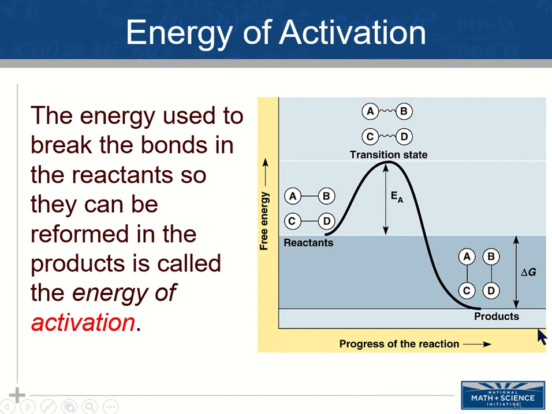Energy of activation. Remember these charts from when we looked at the thermodynamics unit. The energy can be used to break the bonds in the reaction so they can form the products. This energy, this hill, as you recall, is the energy of activation. I didn't show you all the parts with the disorder component there, but it is part of this process. And so the difference between reactants and products overall, including the entropy and the enthalpy, is delta G.